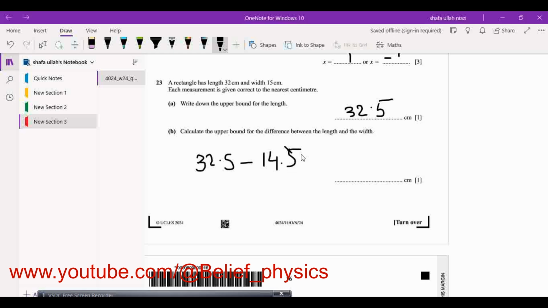Because we have to find the upper bound of the difference, we will use the upper bound of the bigger quantity and lower bound of the smaller quantity. So lower bound of the width is 14.5 and upper bound of the length is 32.5. So their difference will be the upper bound of the difference. When we subtract it, it comes out to be 18. So answer is 18 centimeter. That's it. Next is